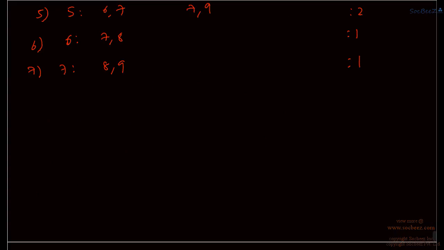4 plus 3 plus 3, that is 10, plus 2 is 12, plus 2 is 14, plus 1 is 15, plus 1 is 16. So the total is 16 into 2. Right? This is very important. You understand why it should be into 2. You see, for any number, like 678, you can also write 876. Right? They are also in an AP. Hence, there must be 32 different such numbers where the digits are in AP.